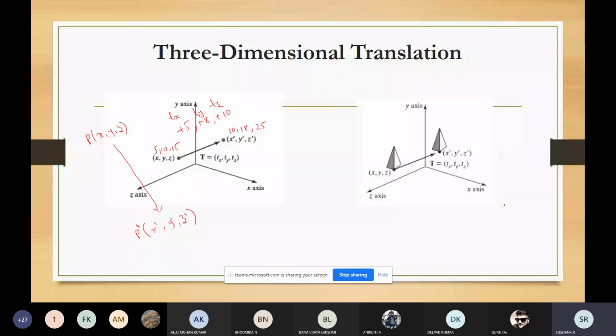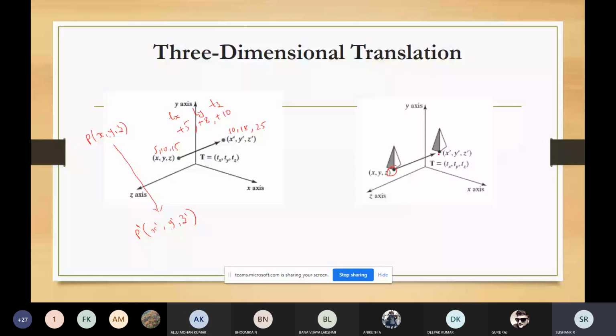So you can check the second thing. Here we are moving an object from the position which is highlighted here. You can see that we are adding the x, y, and z components for each of the points, so for each of the points, the x, y, and z components will be added to get the new position. You can see a pyramid here. The initial position of the pyramid is given by x dash, y dash, z dash. Taking this point as the reference, they are moving this pyramid to the new location.